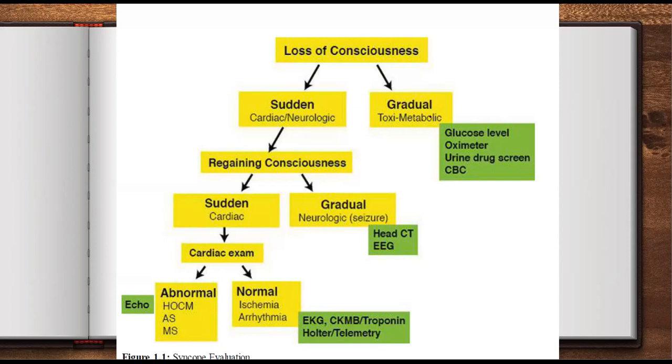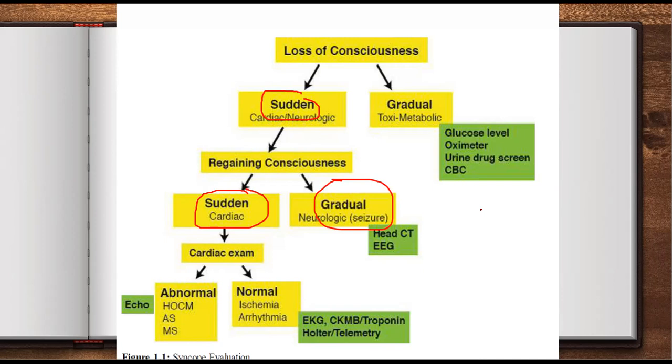The other syncope, which happens suddenly, where you will not feel any prodromal symptoms, has two main causes. One is cardiogenic, another is neurogenic. In cardiogenic syncope, you regain consciousness also suddenly without any confusion afterwards. That's your cardiogenic syncope. Now, if you lose consciousness suddenly but regain consciousness gradually,